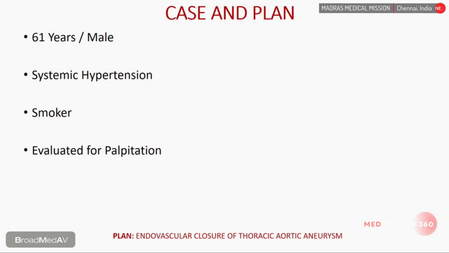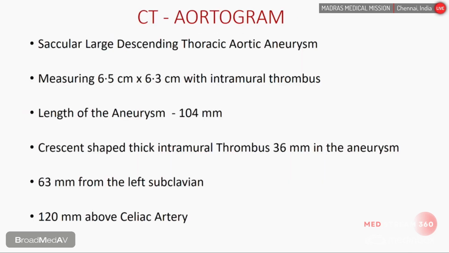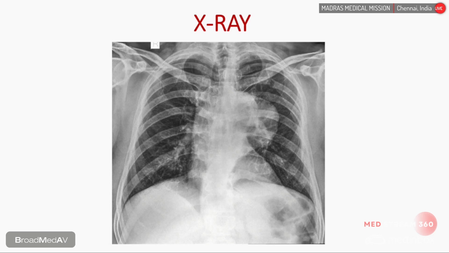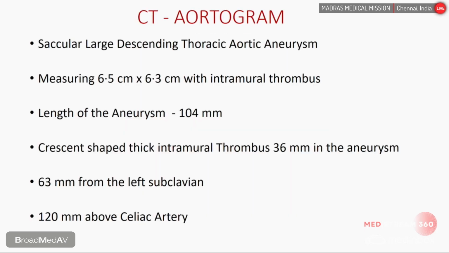This is a 61-year-old gentleman with systemic hypertension and a smoker. He went to his physician for palpitation and routine investigations. On his chest X-ray, you can see a large shadow on the left side of the heart, which most probably is a descending thoracic